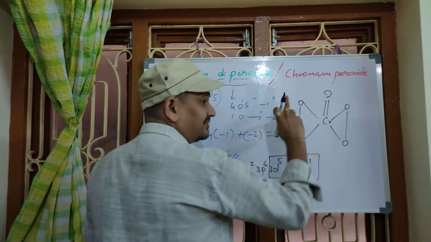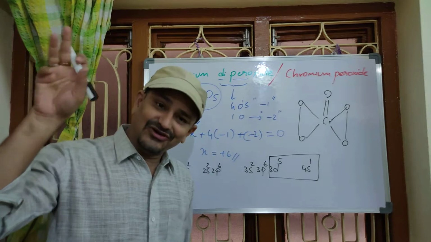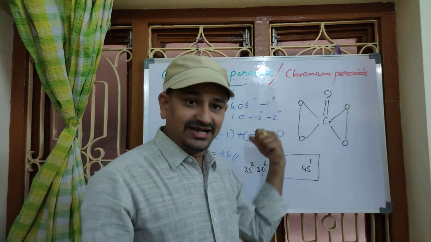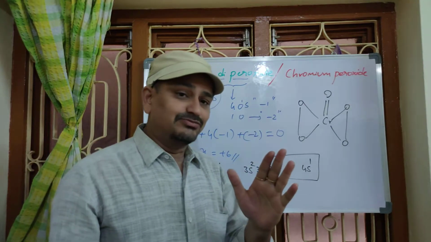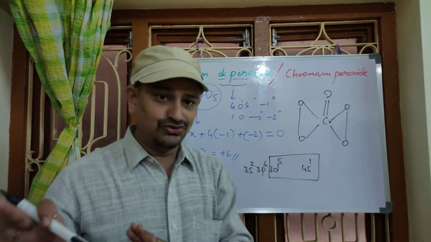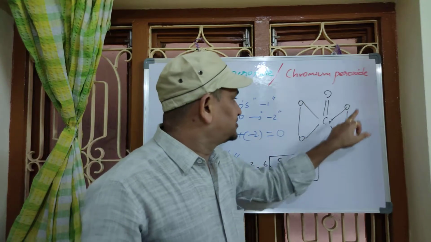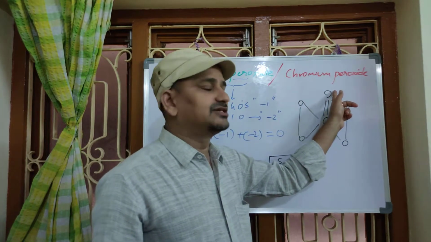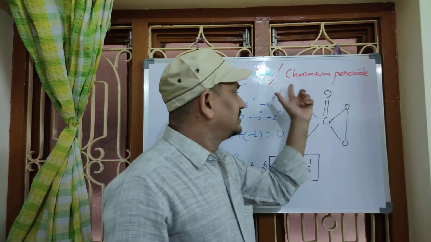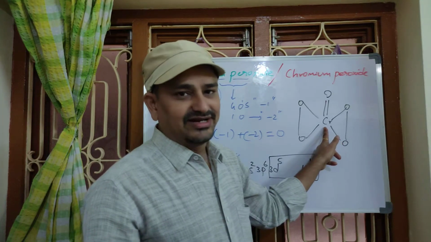These two and these two will bear -1 each in peroxy oxygens usually, except in the case of peroxy fluoride. In all the rest of the peroxides, each oxygen bears -1. In the beginning we discussed one peroxy compound with fluorine where each oxygen bears +1. That's a special case, I told you already. So these two peroxy and these two peroxy will bear -1 each, and this normal oxygen bears -2. So -1, -1, -1, -1 and -2, total -6 are surrounding. So chromium bears +6. Understood?